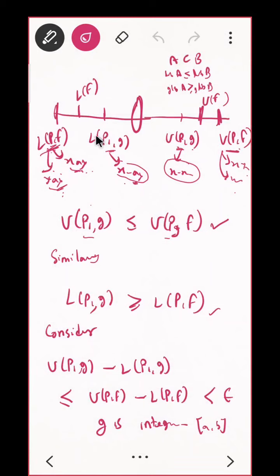So in the new partition here, the approximation is over both the x-axis and y-axis. Here it is over the x-axis only, here also the x-axis only. So this will be the refinement of that. So I'll go here, I'll go inside. Correct. This is the relation. Take the subtraction, that is less than or equal to UPf minus LPf. That implies g is integrable.